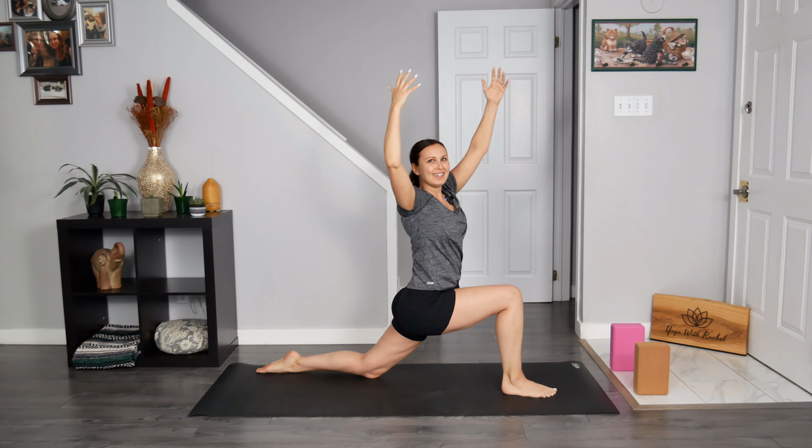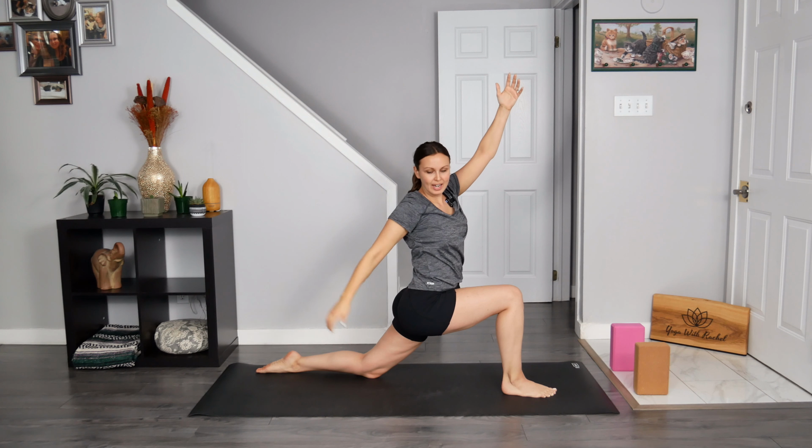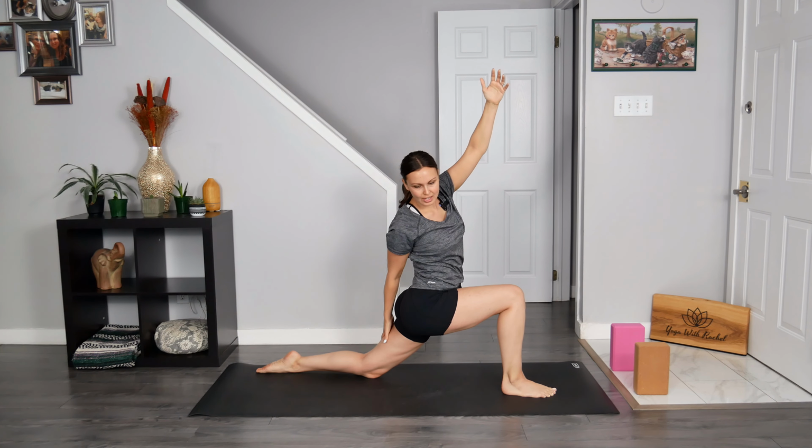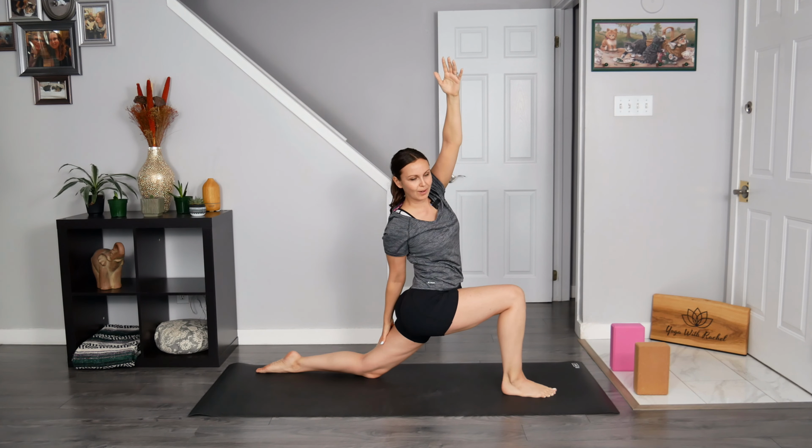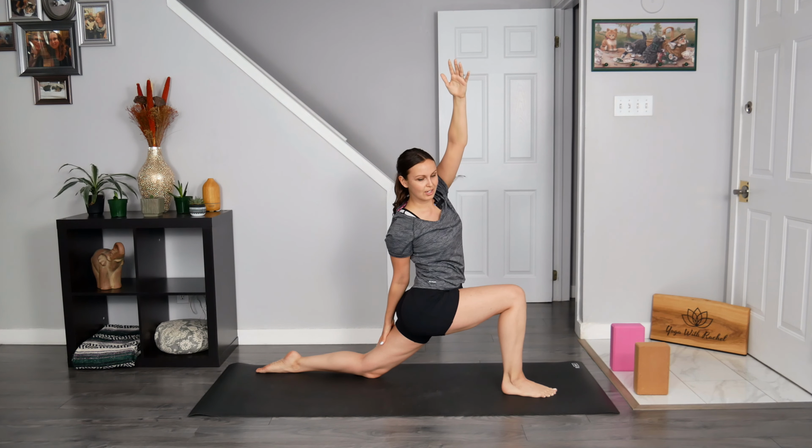And then as you breathe out, begin to twist your upper body to the right and then release your right hand to your left hamstring as you reach your left hand over towards the right side. Press into all that is touching the earth to keep you balanced and stable here. Breathe in,